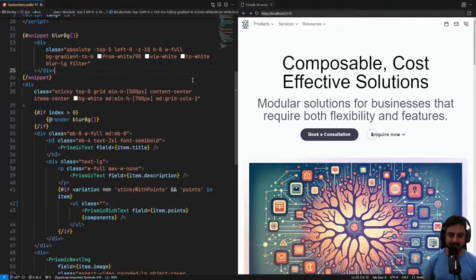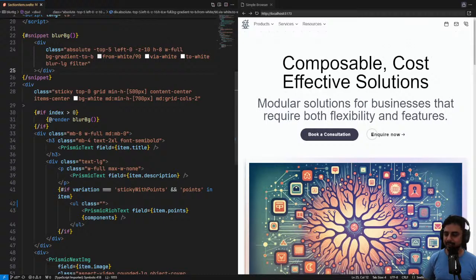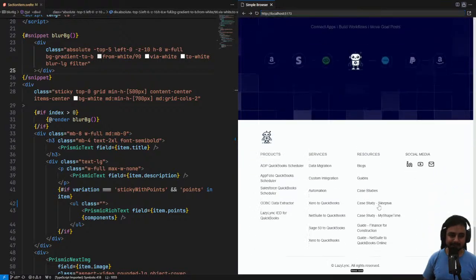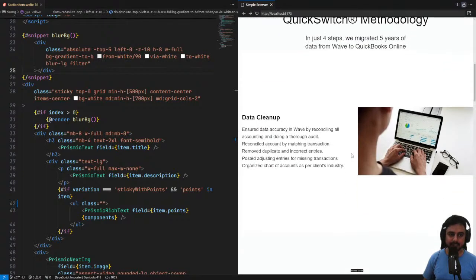Okay, I can move that by hand for now. And what I want to create is a design that is. Okay, so I have the sticky section over here,